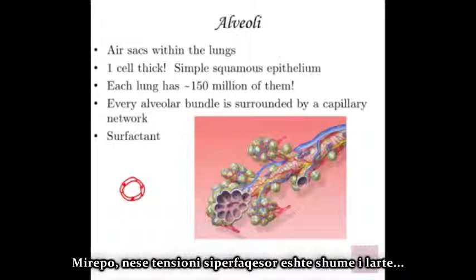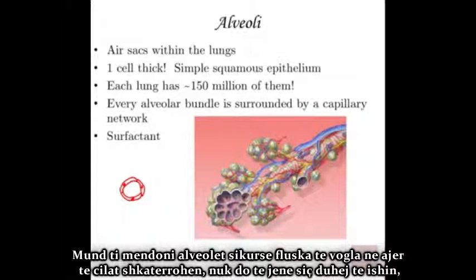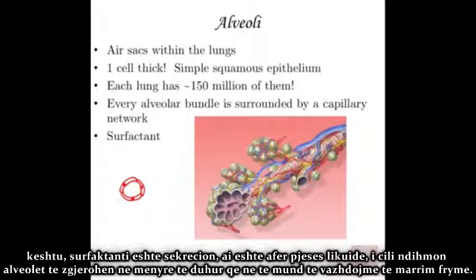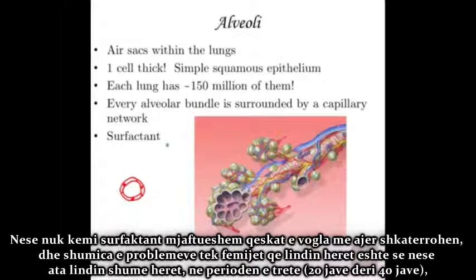But if the surface tension is too high, these little bubbles, you can think of them as being like little bubbles in the air, would collapse. They would cease to be how they should be. So surfactant is this secretion right next to that liquid part of it that helps keep the alveoli expanded properly so that we can continue to breathe air. Now, if you don't have enough surfactant, the little air sacs could collapse.